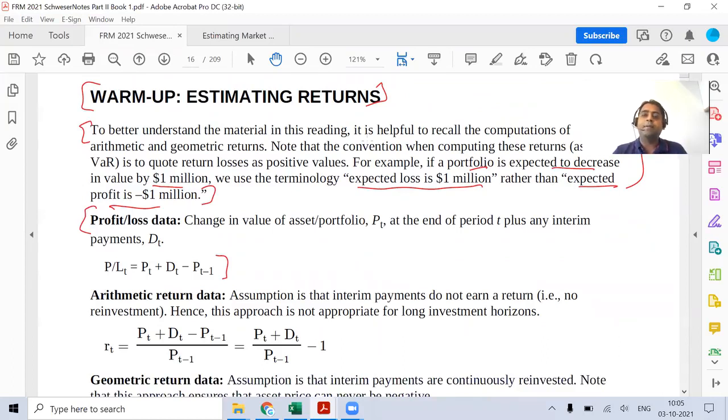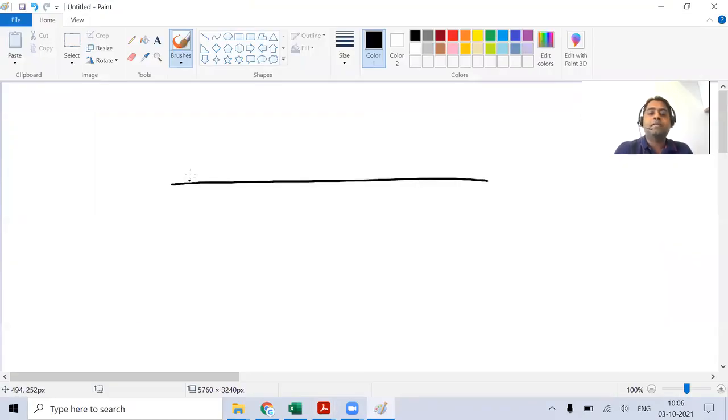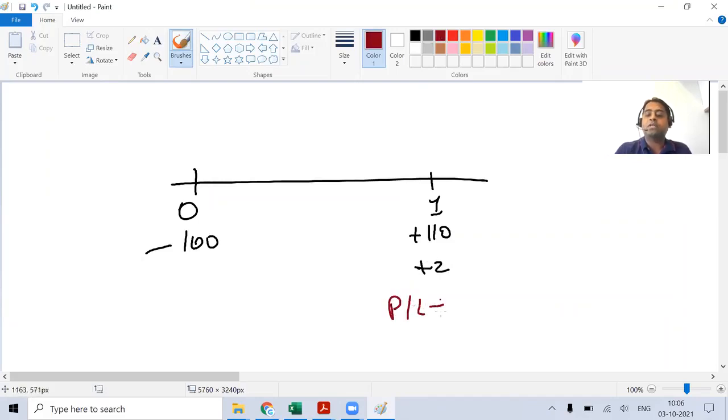Let me give you a very simple example. Suppose at time 0, you bought something at 100. I'm marking it as negative because I have paid 100 to get some asset. And then at 1 year, I've been able to sell this asset for 110. And exactly on the same day before selling, I got $2 as the income from that asset. So how do I write whether I've made profit or loss? Primarily, whatever income that I've generated, I will write that first, minus the expense. This is the basic structure of PNL, and this is a very simple, basic understanding.